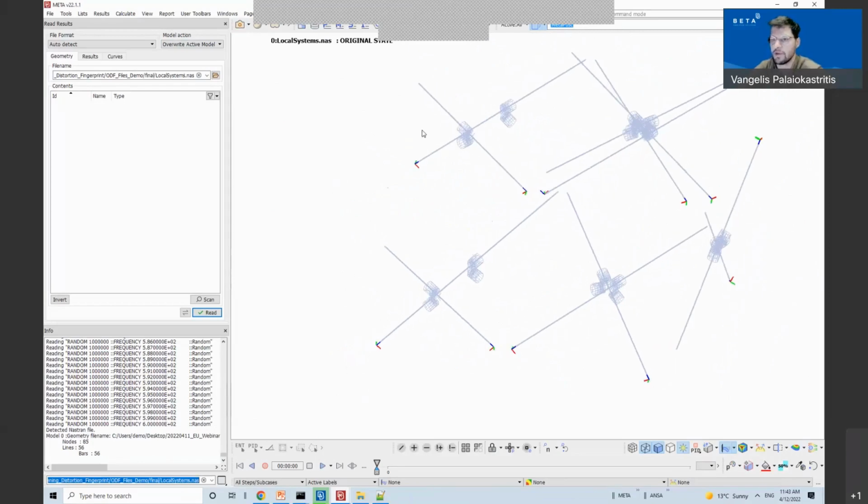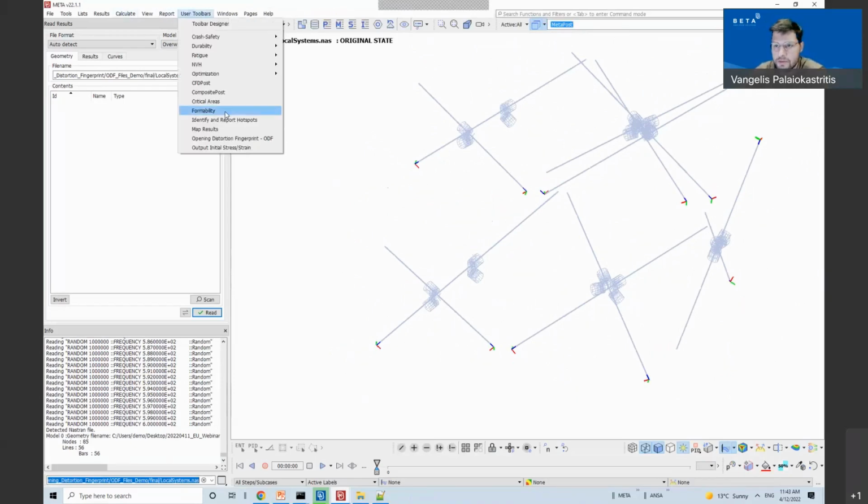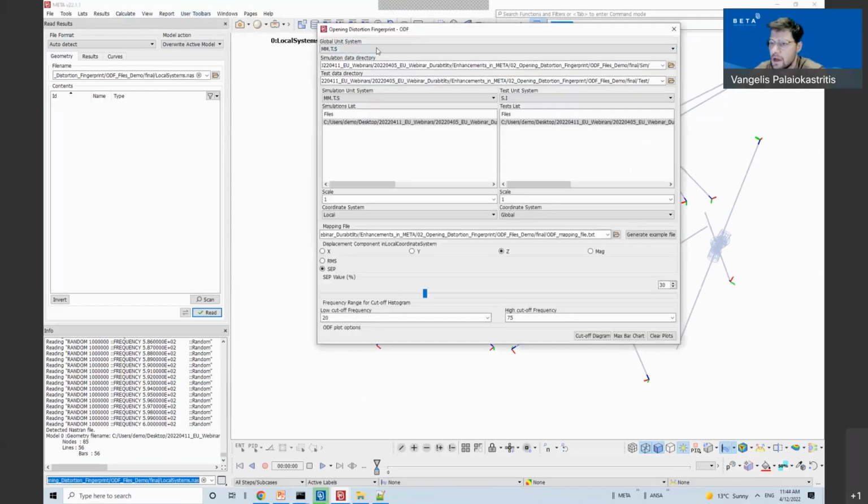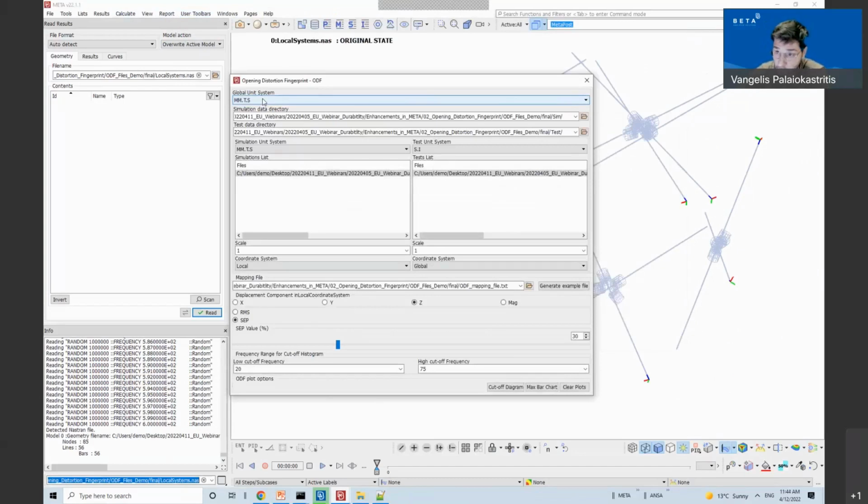So the geometry that I'm loading contains the local coordinate systems for each closure, for each diagonal of the closure. The toolbar is accessible from here. First of all, I need to specify the unit system for my calculations, and then I can specify simulation data.